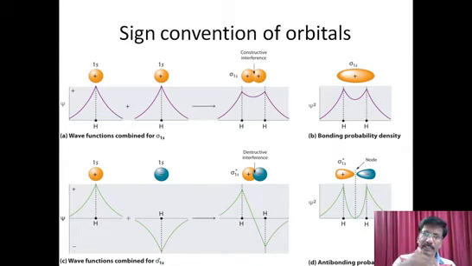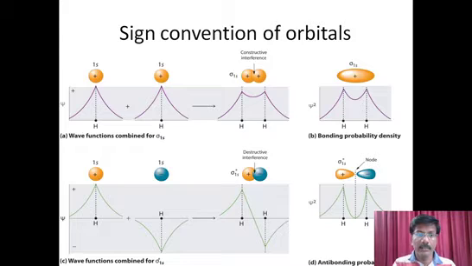A positive sign means it is moving towards the positive direction. For example, the x-axis has a positive sign and negative sign. Upside we generally take positive and downside we take negative. Similarly, the z-axis also has positive and negative, and the y-axis also has positive and negative. Similarly, here also, if the wave is moving towards one side, it is taken as the positive side, and if it is moving towards the negative side, then it is the minus sign. That's it. So it is the wave nature, how the electron wave is spread or moving.